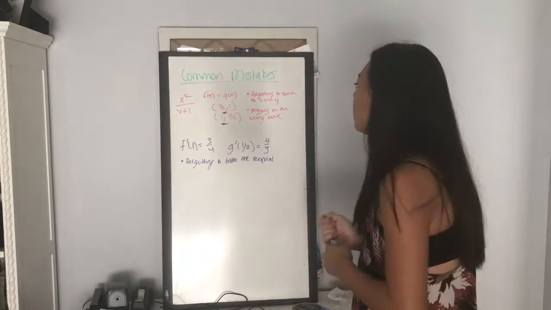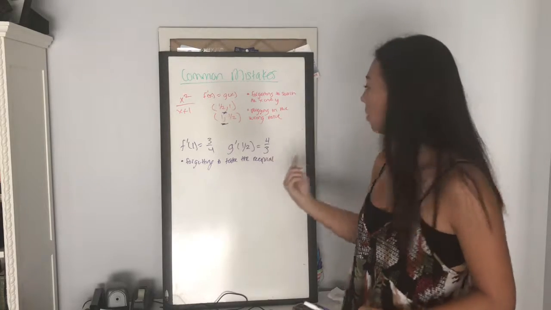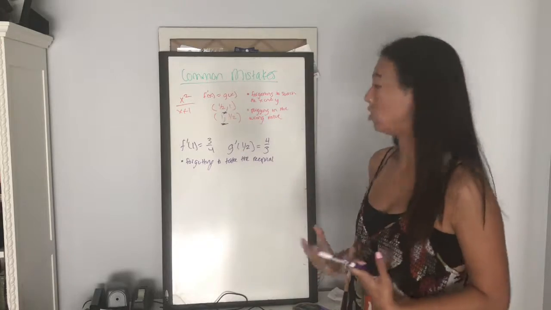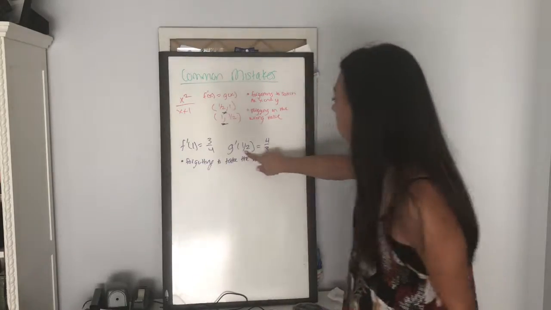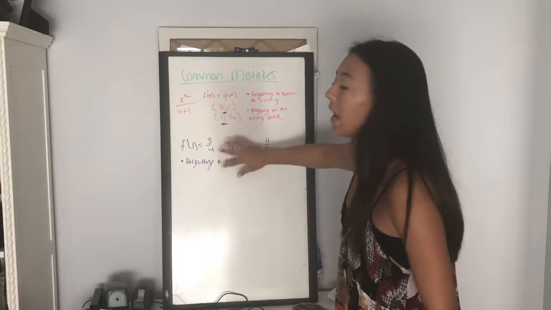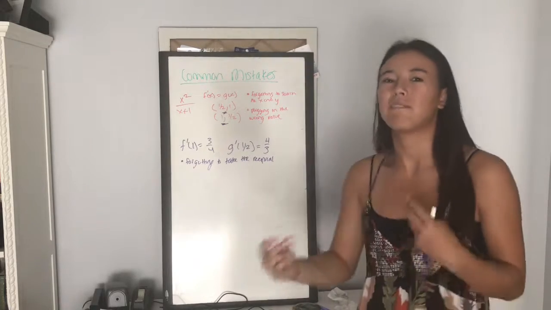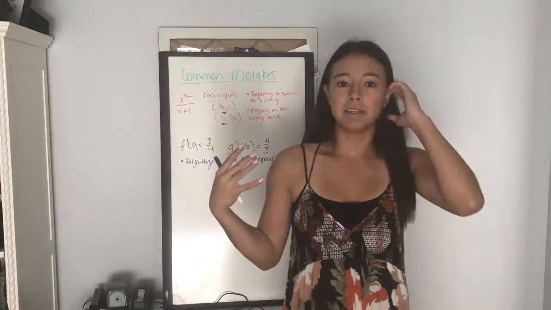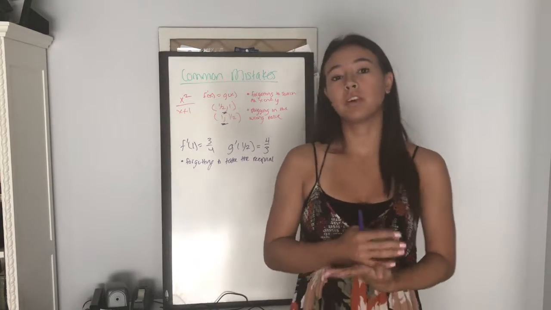Another big mistake is forgetting to take the reciprocal, or getting these mixed up. My biggest issue is getting these two values mixed up and sometimes plugging in the wrong ones. But another common error is forgetting to take the reciprocal at the very end and just forgetting that final step, which is really important. But if you keep those in mind and you use what we've learned in this lesson,